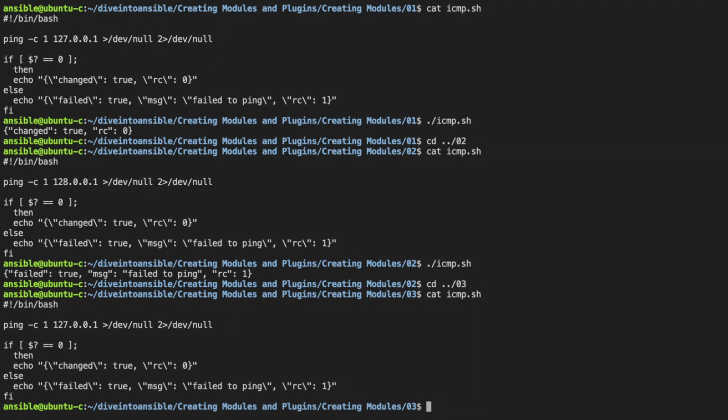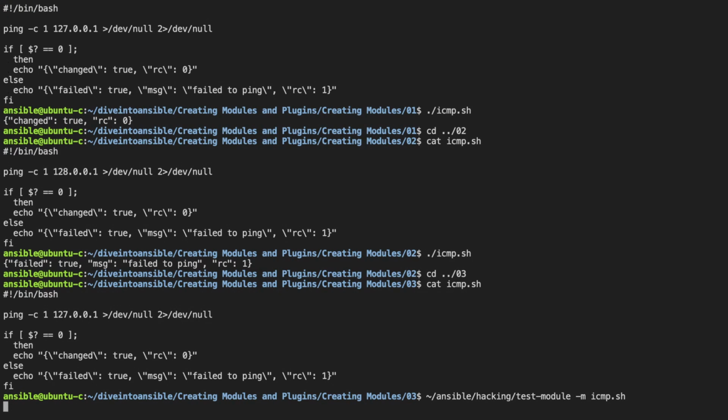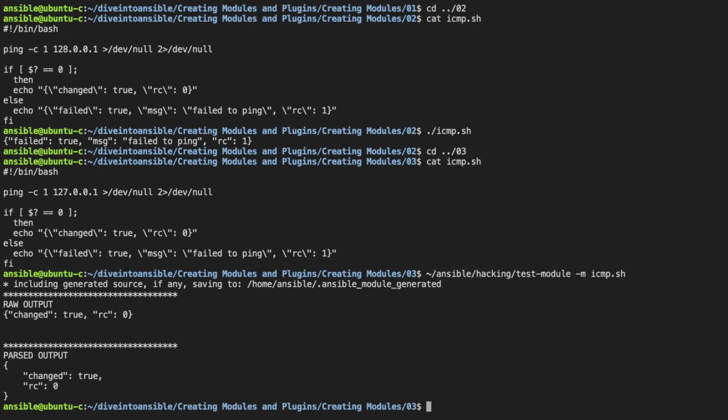So what we're going to do now is use the hacking test module against our custom module here, -m for the module. And then if we press return here. Okay, great. You can see that that has worked as expected with the Ansible test module utility. If we go into revision 4,